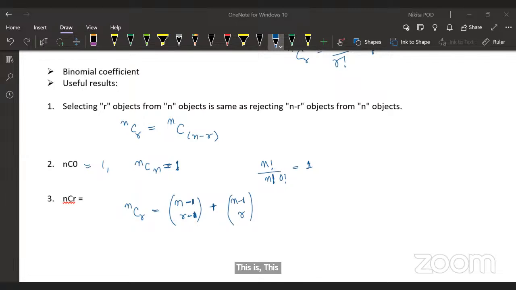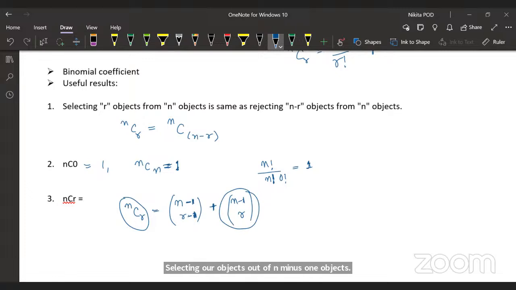This is another identity. What we are saying is that selecting r objects out of n objects is the same as selecting r objects out of n minus 1 objects, or selecting r minus 1 objects out of n minus 1 objects. To understand this, maybe we can think of it like,